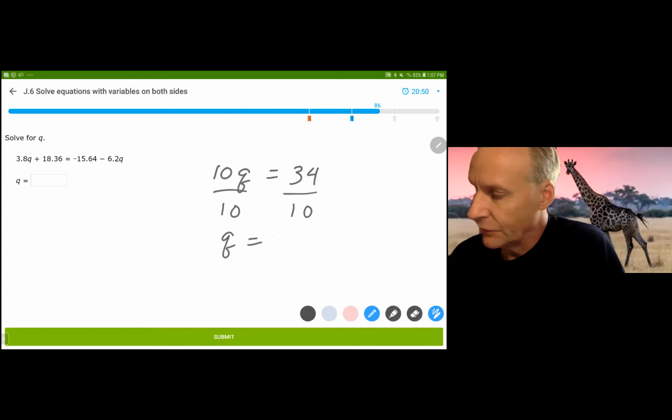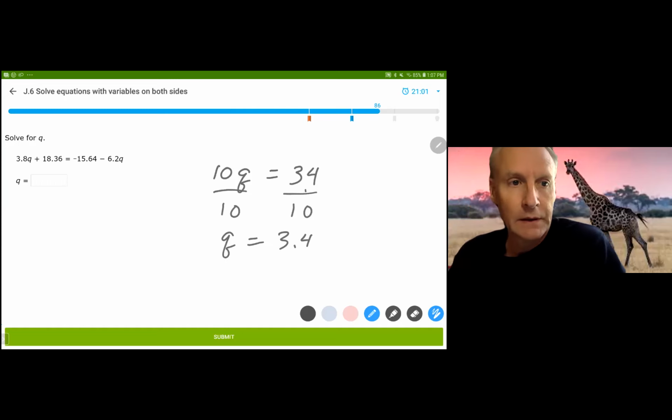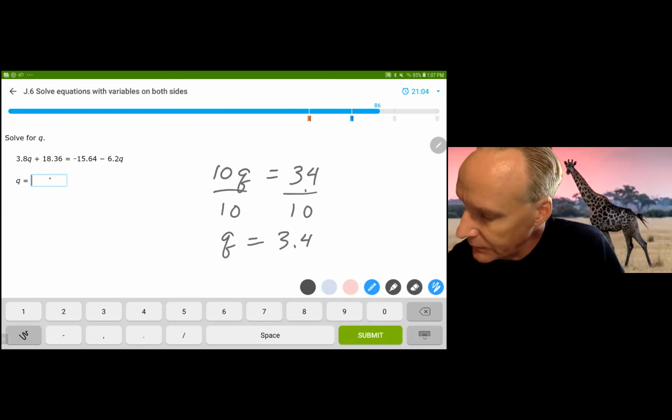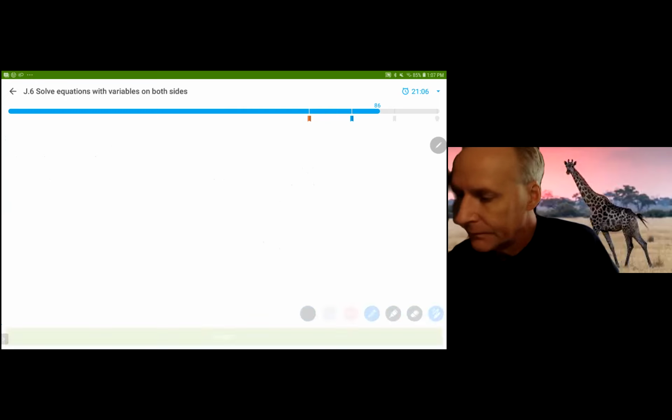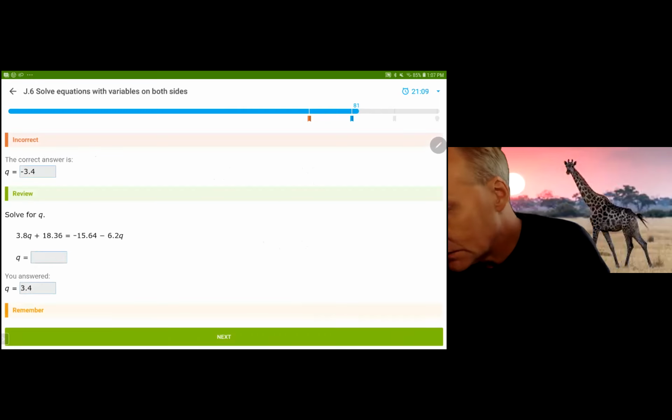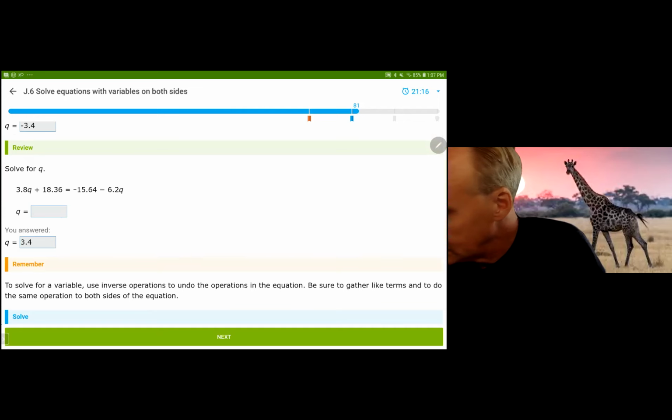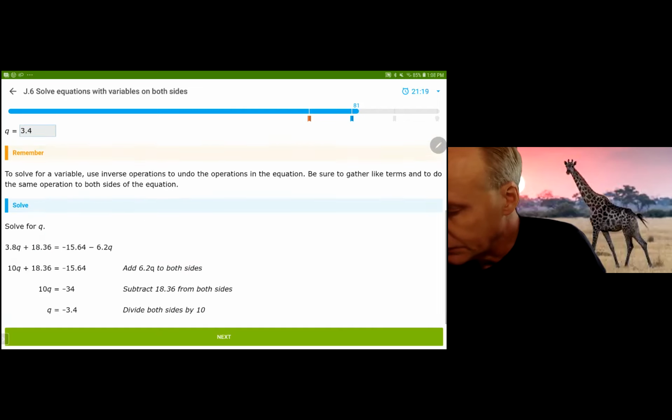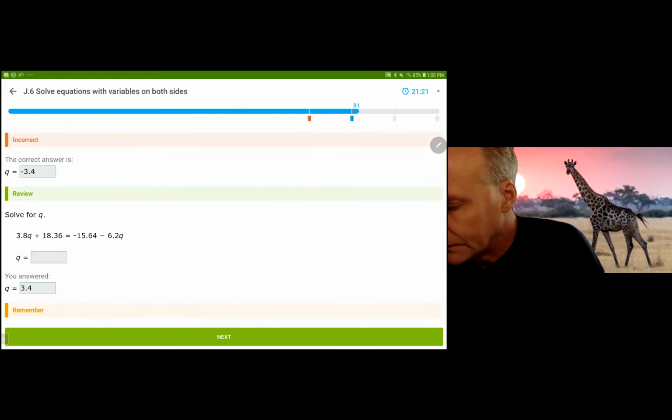you can think of this as moving the decimal 1 place to the left to get the 3.4. Another way to think of this is that 34 tenths is 3 4/10. Ways to write it. What? Oh, my brain is not working today. What did I do? Did I forget the negative? Oh my God, I lost my negative. Okay,